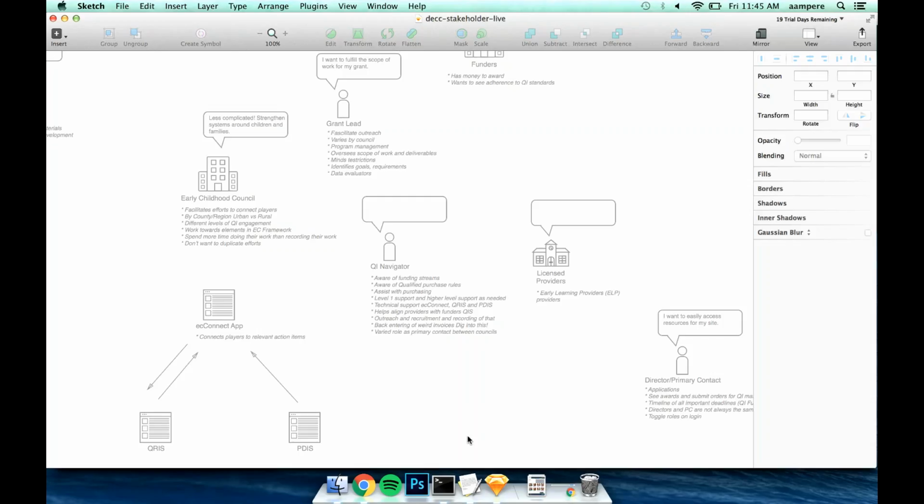Absolutely. So we have a document that we shared with Open Media Foundation that lists out the core functions that are already in EC Connect and should be in the future in EC Connect. So Rick and I can take a look at that and refine it for the Sugar Advisory Group, and we can send it out to everyone, because that really defines the areas. You know, spending needs to happen in Sugar. Coaching logs need to happen in Sugar. These kinds of concrete things, and then maybe from there we can map what roles are interacting with those core functions, and put that all in one place. Does that sound helpful?